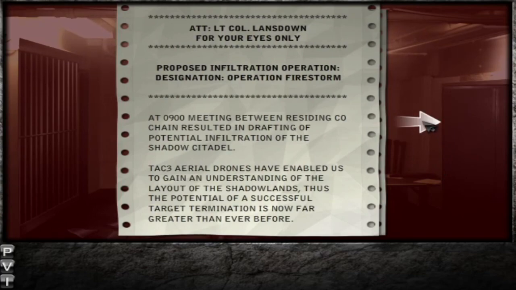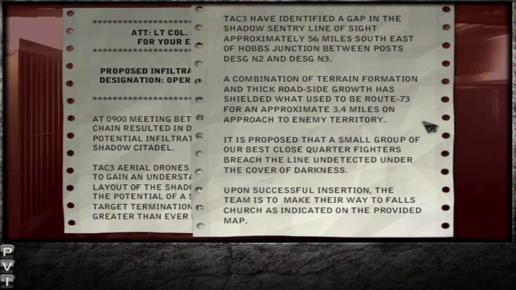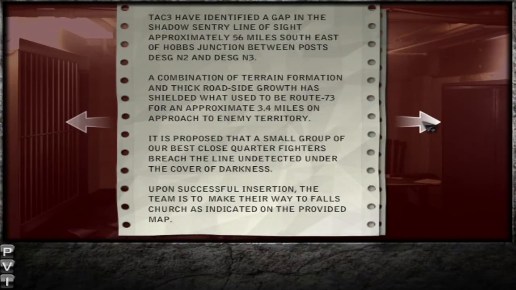Attention, Lieutenant Cole Lansdowne. For your eyes only. Proposed infiltration operation. Designation Operation Firestorm. At 0900, meeting between residing co-chain resulted in drafting of potential infiltration of the Shadow Citadel. TAC-3 aerial drones have enabled us to gain an understanding of the layout of the Shadowlands. Thus, the potential of a successful target termination is now far greater than ever before. TAC-3 have identified a gap in the Shadow Sentry line of sight approximately 56 miles southeast of Hobbs Junction between post designations N2 and N3. A combination of terrain formation and thick roadside growth has shielded what used to be Route 73 for an approximate